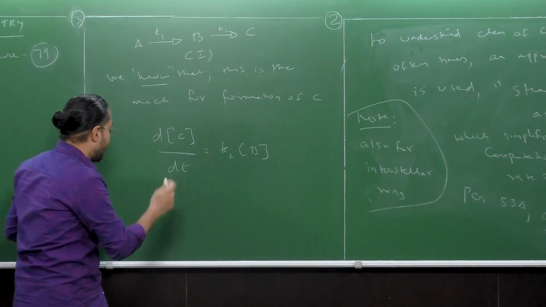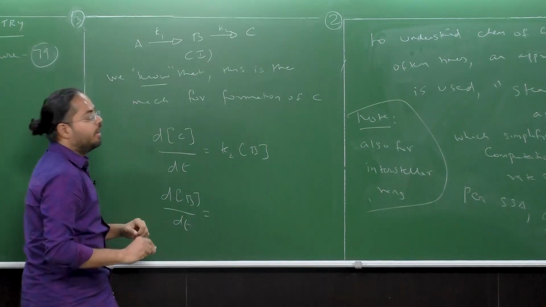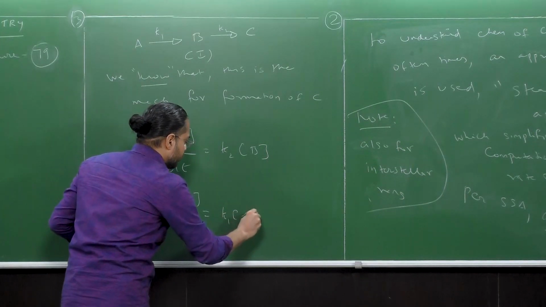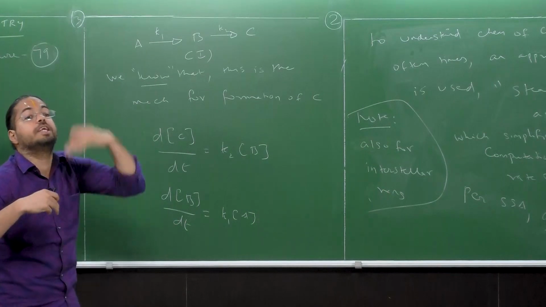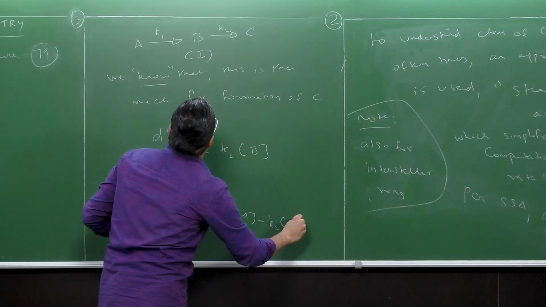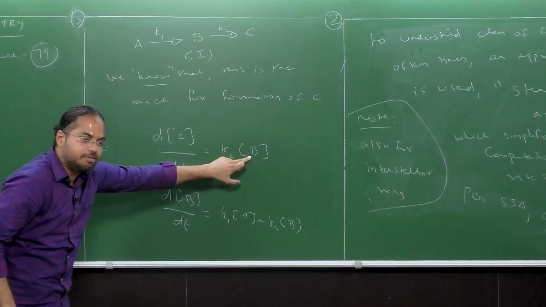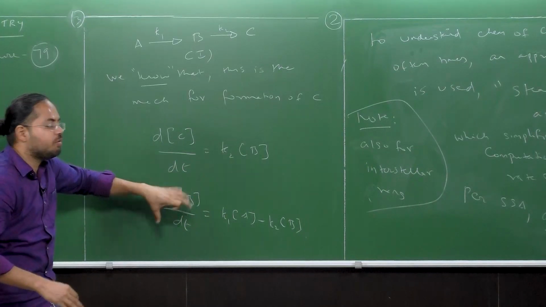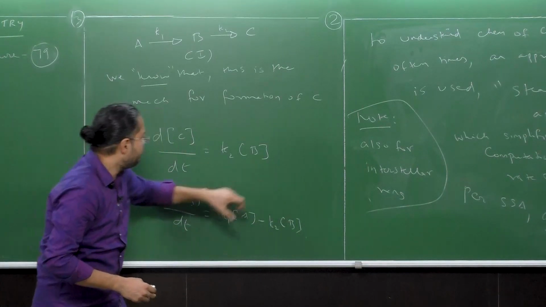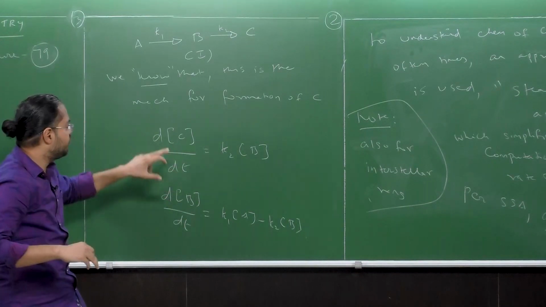But noting that your B itself is formed from A. In other words, this is its formation rate, but it is also getting destroyed. So this is its destruction rate. So noticing that your B cannot be used as such, the overall rate of change of B itself has two expressions. Now if you were to incorporate all these aspects and do the integration subsequently, you will get from here, overall,